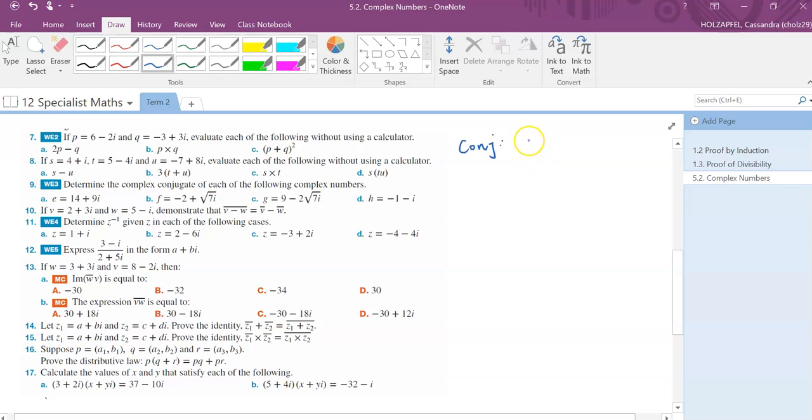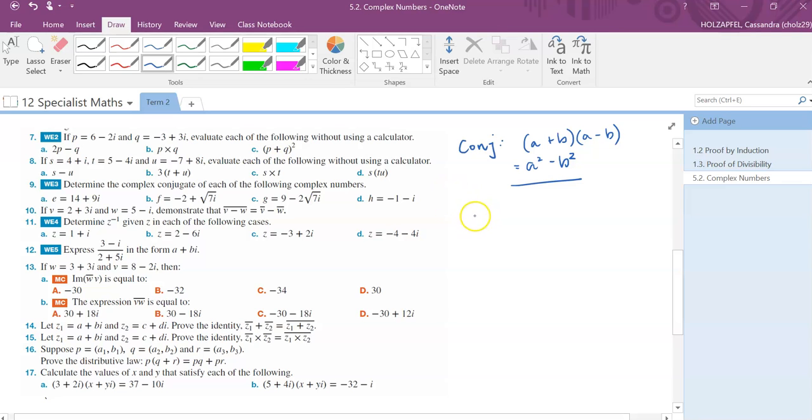So for example, you've done this before, I would say, with quadratics actually, because if you have a plus b, the conjugate of this particular pair is going to be the same thing. We're just changing this to a minus symbol. Okay, so we've seen this conjugate before, and we actually use this conjugate as part of our difference of two squares rule. So if you're not sure where that comes from, basically we end up cancelling out the a-b terms in the middle. So we've actually used this a few times, but this time we're applying it specifically to complex